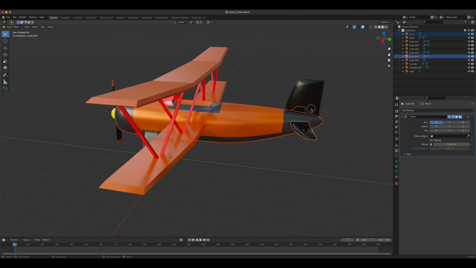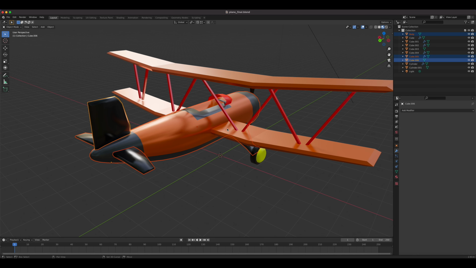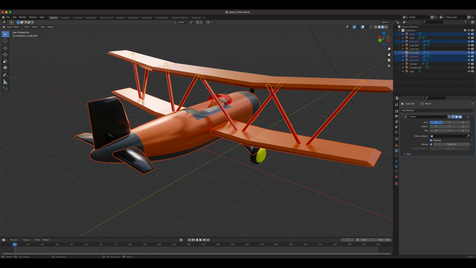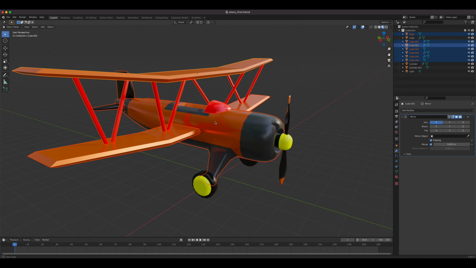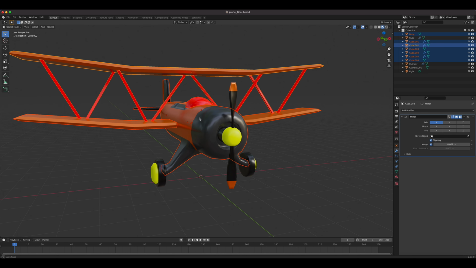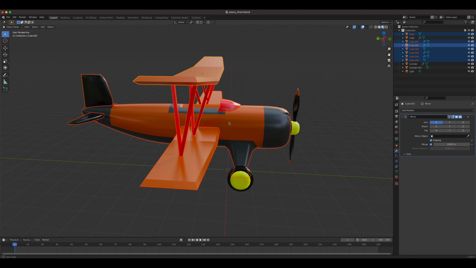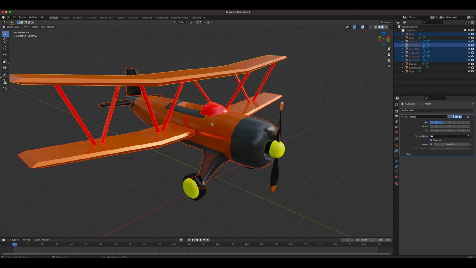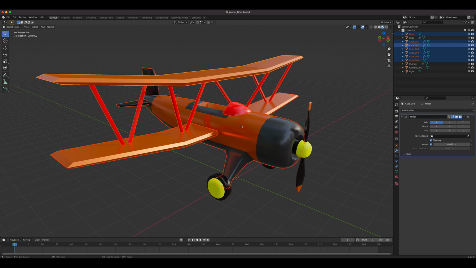Let's make sure though that the parts we put together are the ones that are rigid. They're not going to affect the animation later on, and we don't need to separate anything. So I just left the wheels and the propeller right here. So everything else, let's turn on our